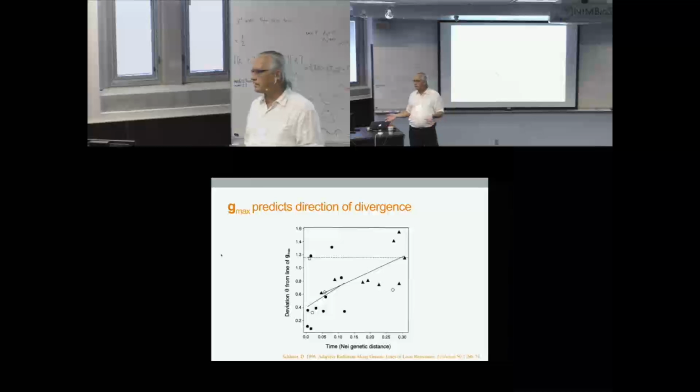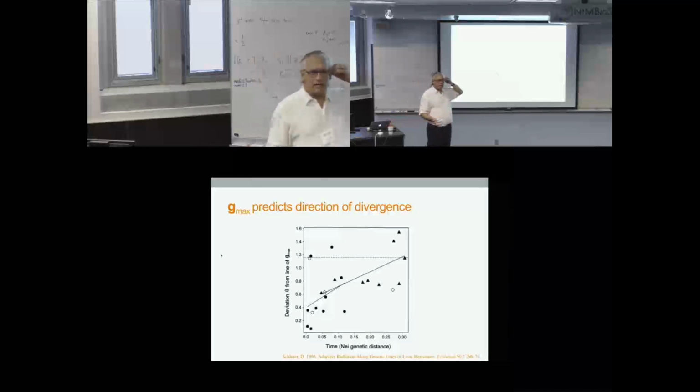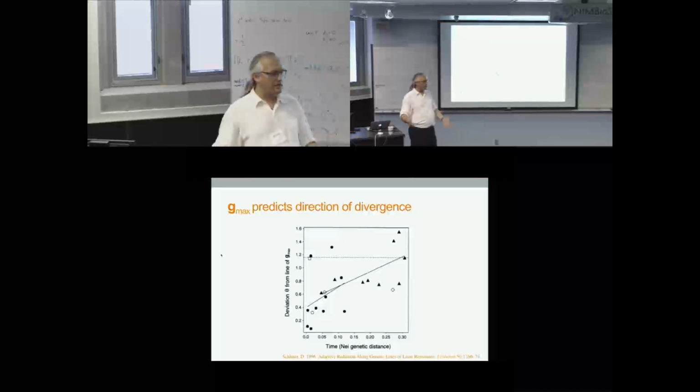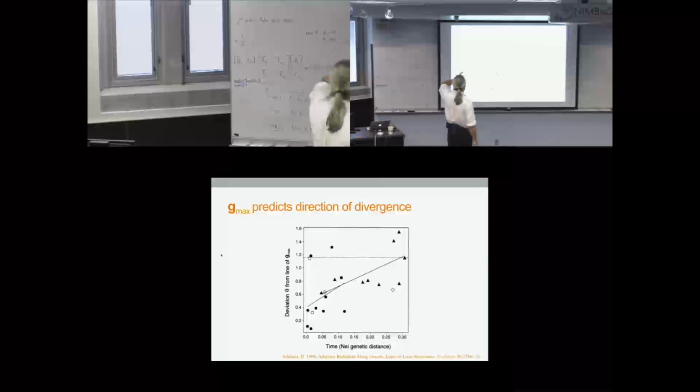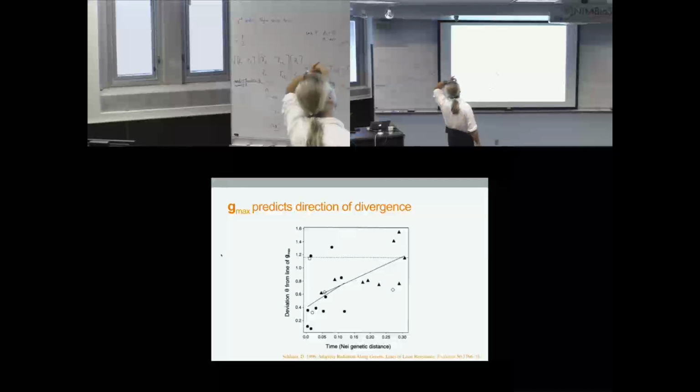Should we care? Is there any useful evolutionary information there aside from G matrices being cool on their own? And this is just one of the figures from his paper, and he showed that, crap, I always screw up interpreting this figure whenever I get in front of people. Right, so he showed that